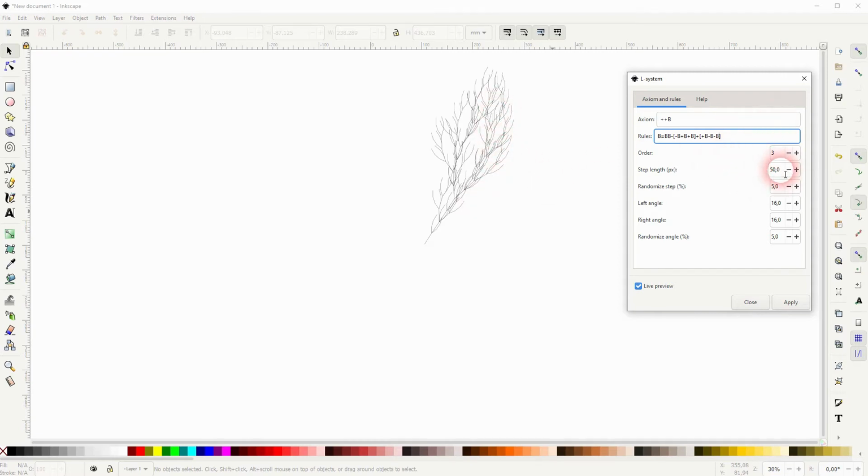You can check the step length right here. It's in pixels and you can randomize it. So if I go up with the randomization, it differs a little bit from the 25 pixels that I've chosen with each branch. There's also an angle that we can set. So as I've set, the plus and minus, they indicate the angle. If you make the angle too big, you get this effect where there are just chaotic lines overlapping each other. So don't go too high if you want to create branches like I do here, and you can randomize that as well.